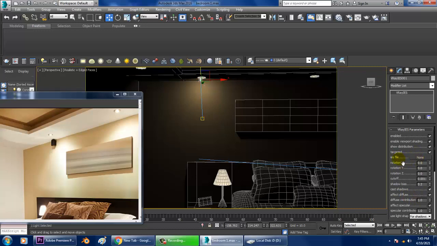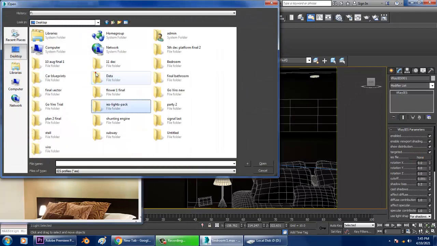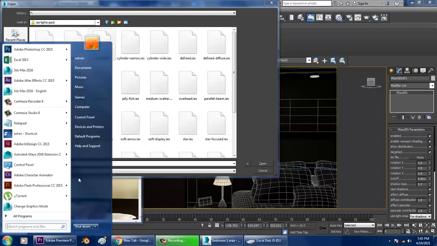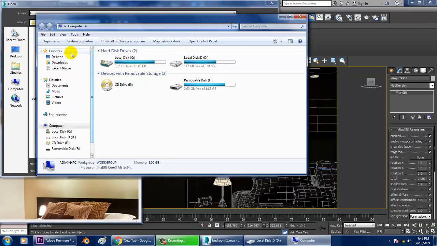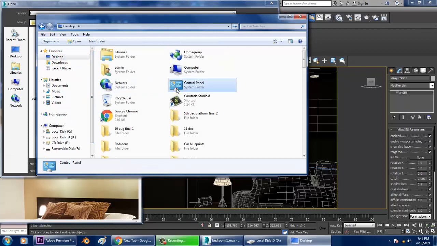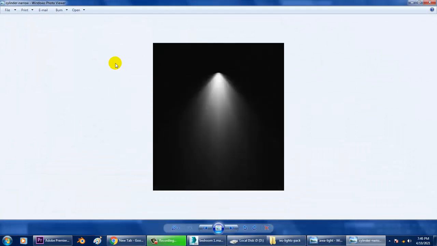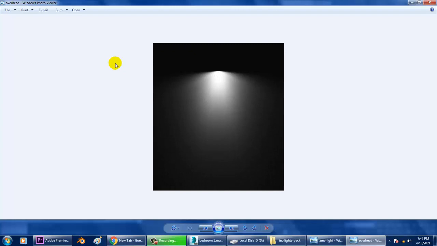Let's go into this IES file, and I have some IES light presets. How these light presets work, I'll show you over here. If you check these images, you see that these are some light presets.